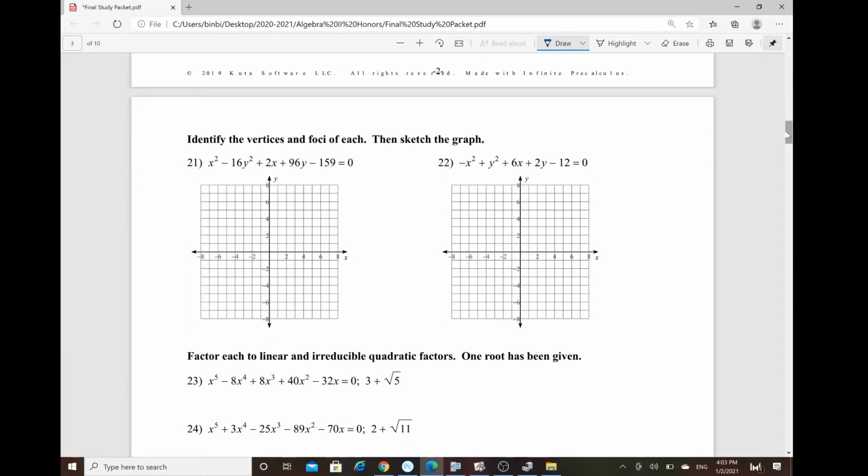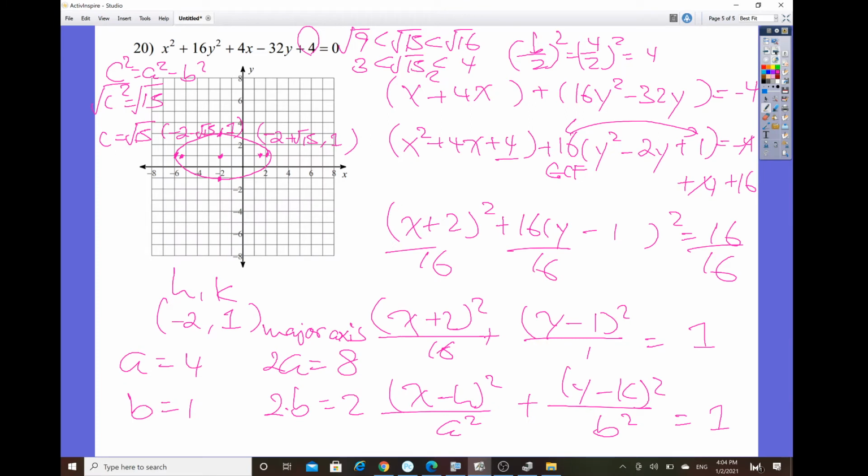And now 22, the other part of the conic sections. So for conics, we do have circle, ellipse, hyperbola, and parabola. Parabola we'll get to in a later video. And then 22, this one is all about the hyperbola. Okay, so this one, let me just put it into the new slide. Okay, so for number 22,